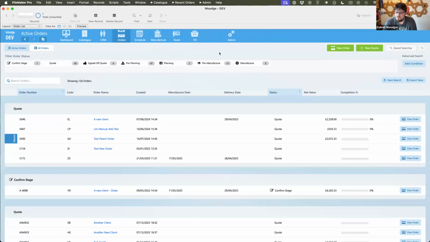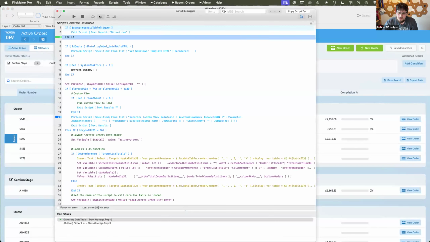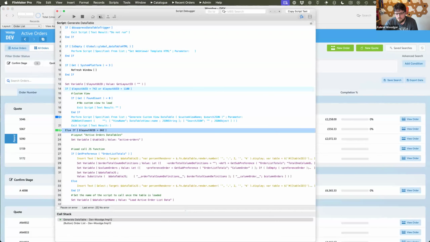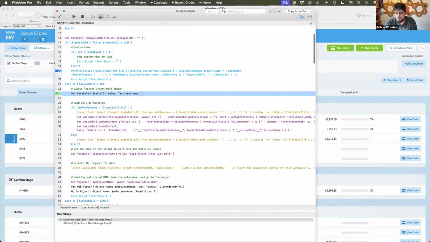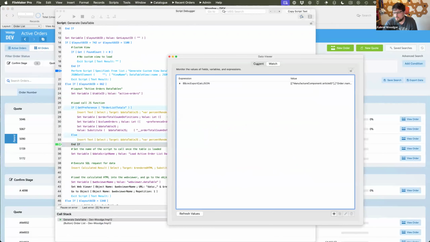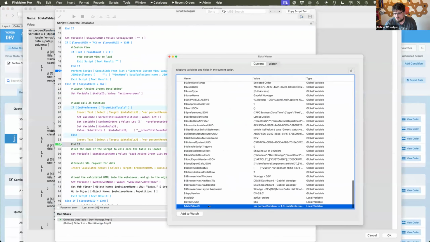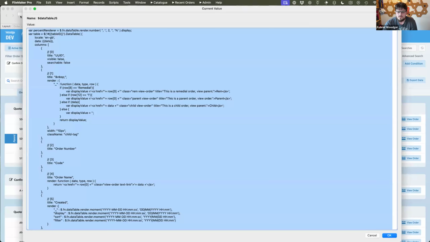Effectively, if I bring up the script debugger when this loads, we identify which layout we've come from. We then load a particular set of configuration. What we're doing is dynamically building the JavaScript that's required with the configuration.